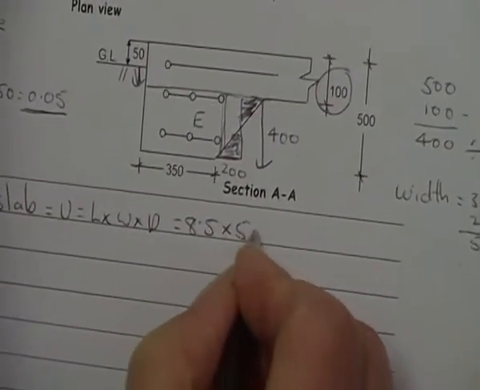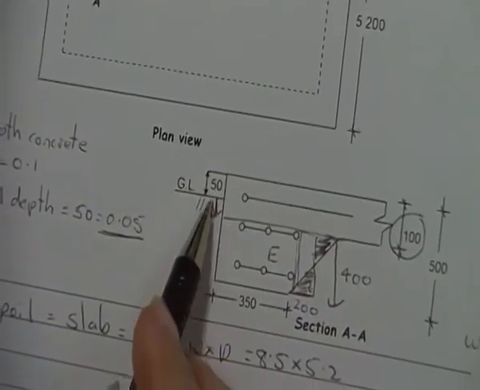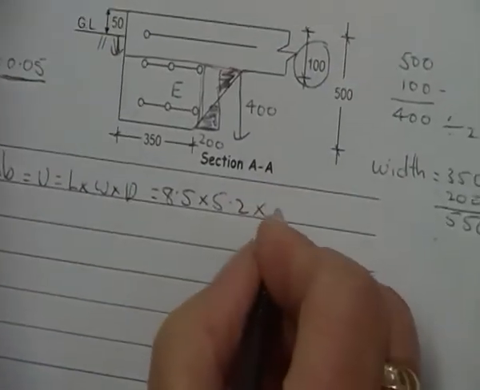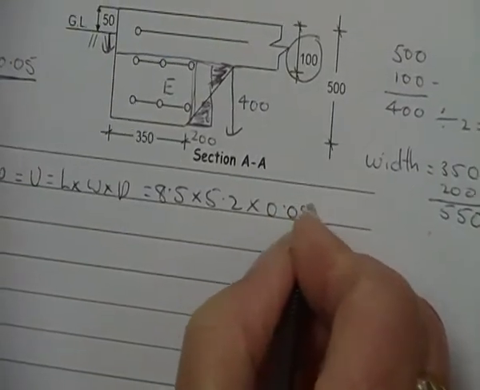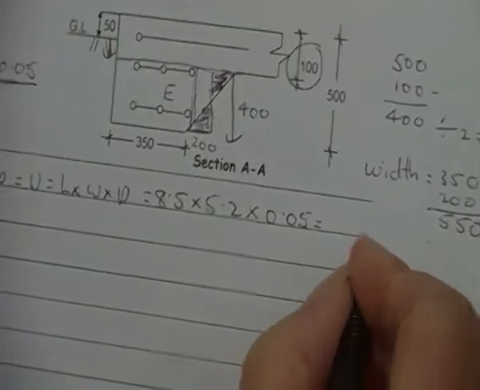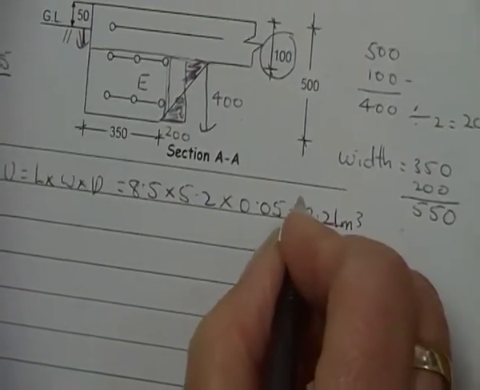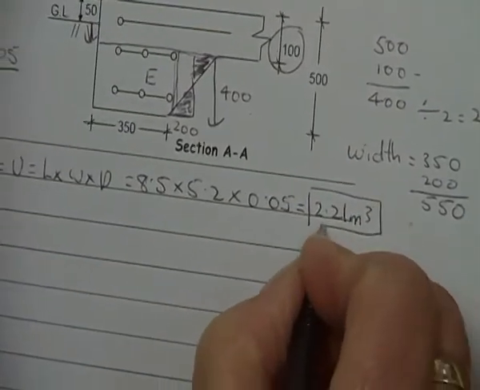times 5.2 the width. And now my depth for the excavation here from ground level down is 0.05. So when we do the calcs on that, that's going to be 2.21 metres cubed. Now I need that answer, so I'm putting it in a box. Now our edge beam